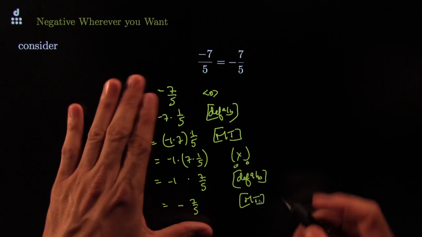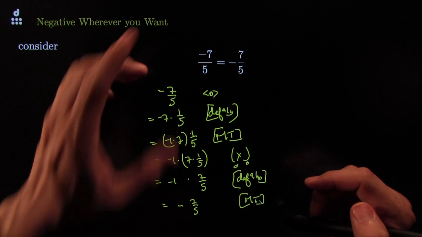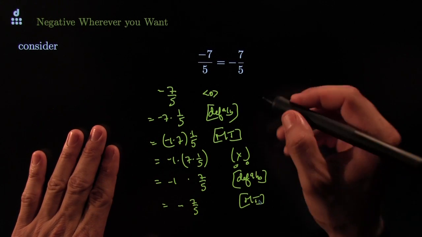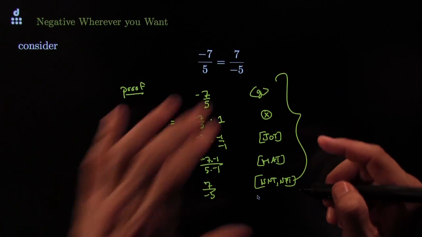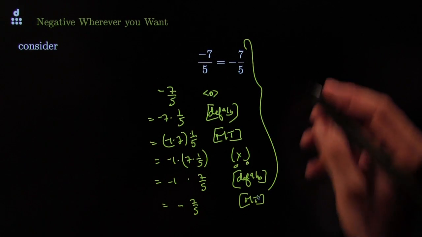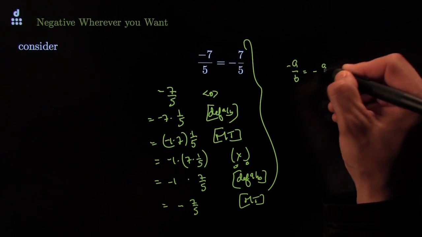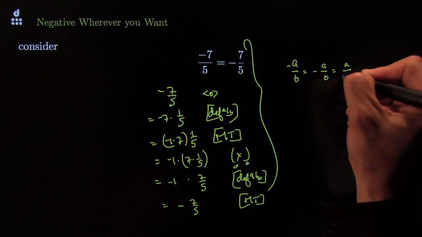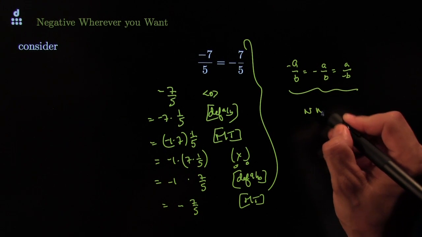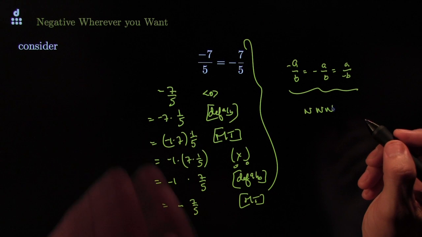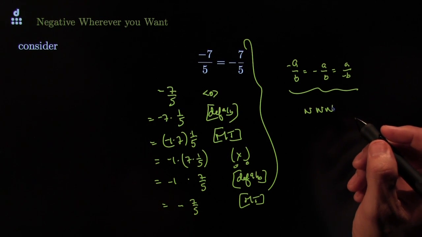Beautiful steps that show you that you could always take the negative from the top onto the middle. Step-by-step proof. And so together you take this one and the previous one, both of these will become one package that says that you could take the negative from the top, or you could put it on the middle, or you could put it on the bottom, and it's all good. The fact that all these three are equal is called the negative wherever you want theorem. Okay, and that was a proof right there. Alright, so